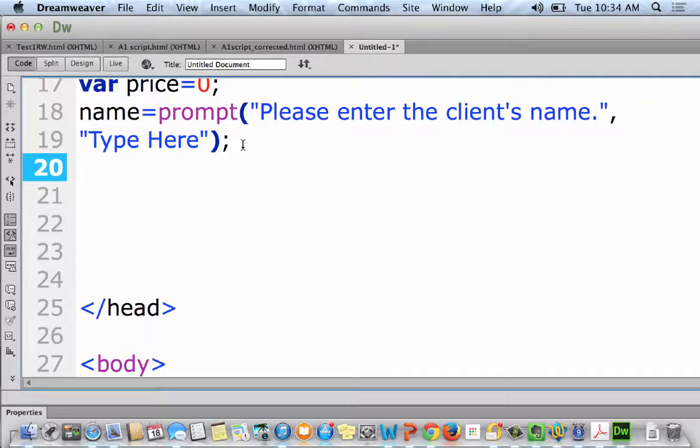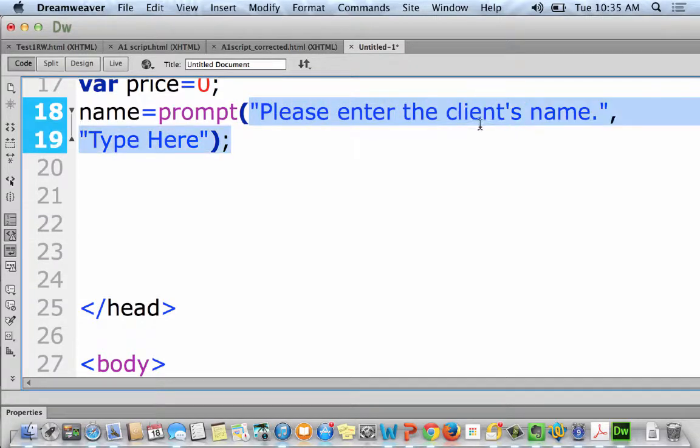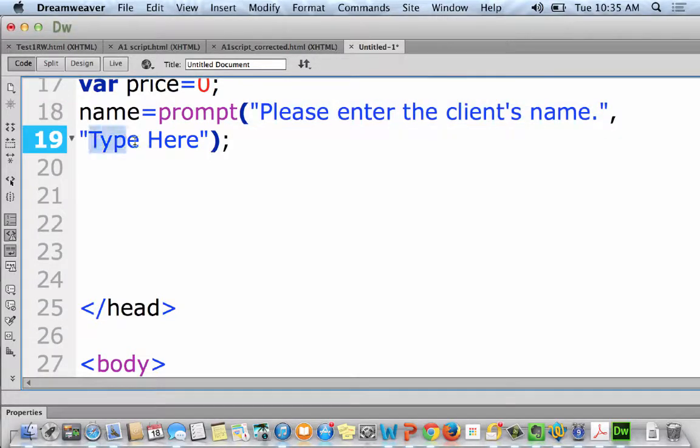Yes, Kalia. Why do you put two different, like, enter the name here, but type here? Oh, why do you put type here? You put type here, but you also put quotations up there where you can type. Oh, right here. This is what's going to actually show on the screen when my box comes up. And the reason I put type here, that will cause down there where you actually type in the name, it'll say type here. Does that make sense? You don't have to do that, though. You can leave this totally blank right here, and then it will just,